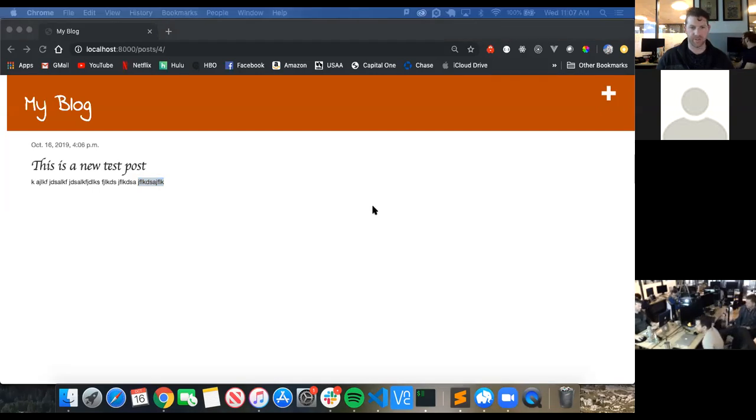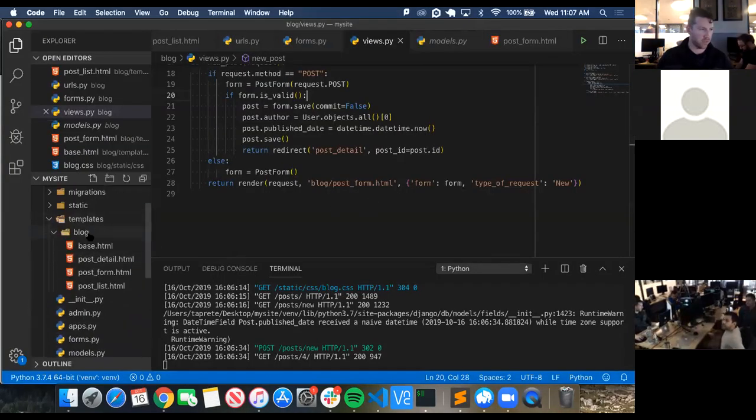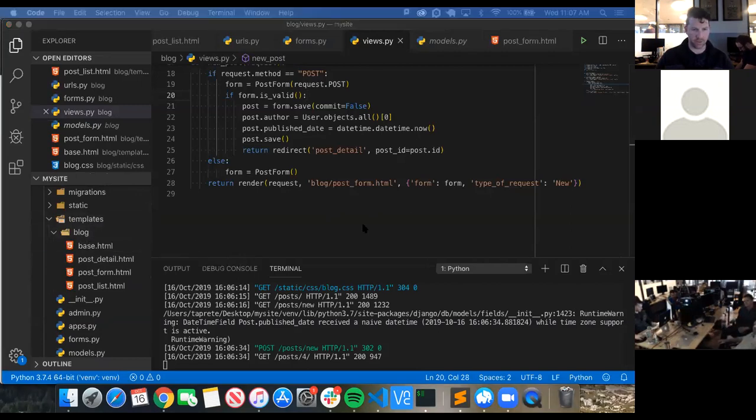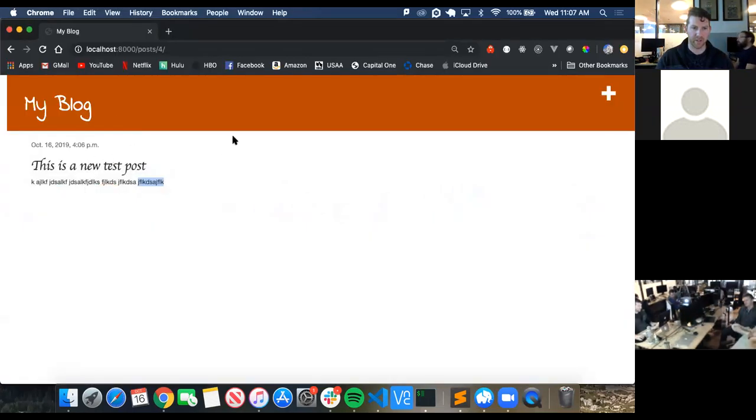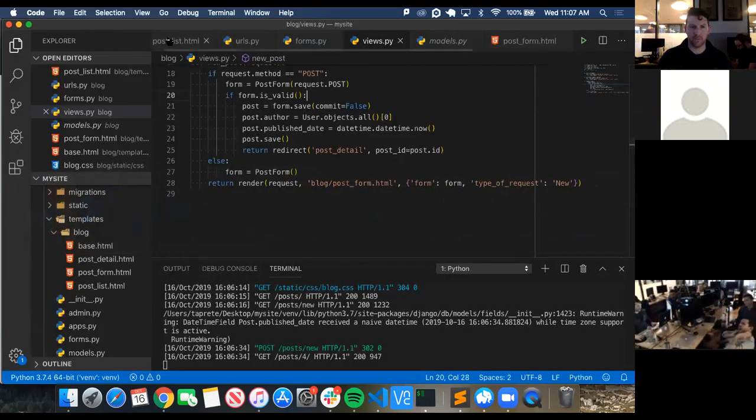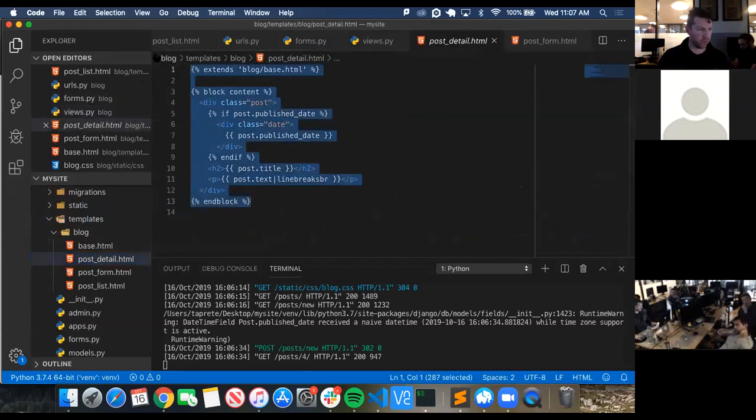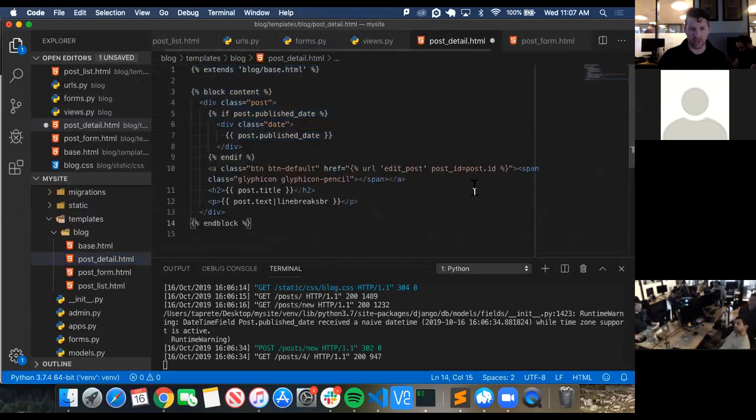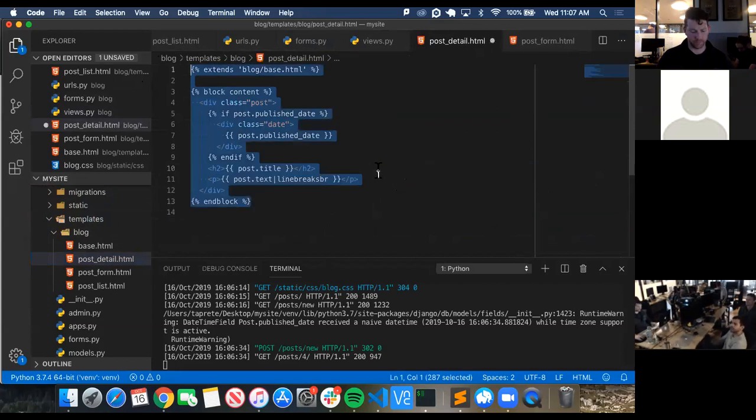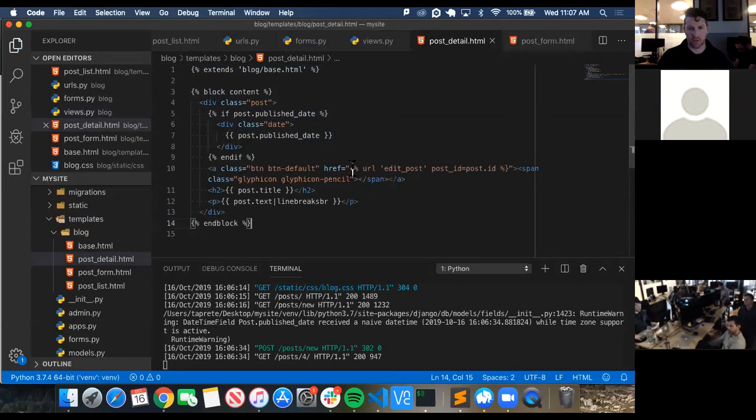Let's start with the post detail. So in here, there's really not a way to edit it. So is that post detail? I'm gonna add some more code. See what I added. I just added this link here, it looks like. Yep. Then it takes it to this href URL edit post